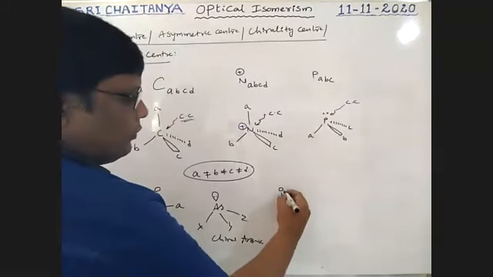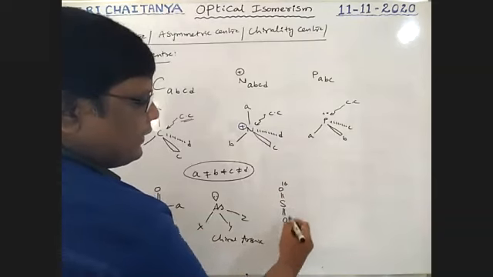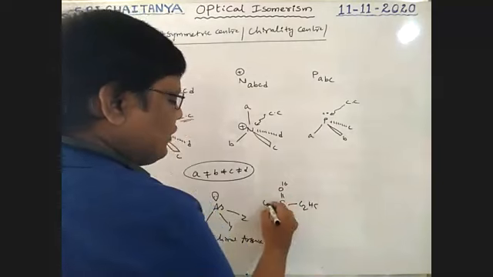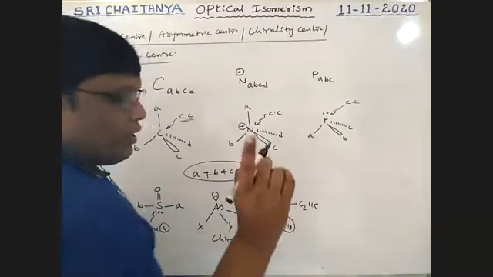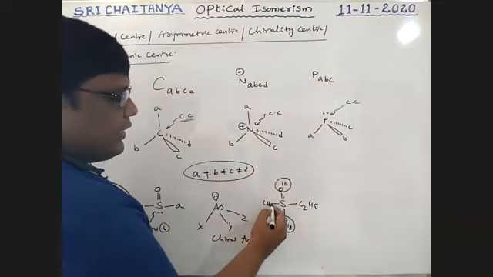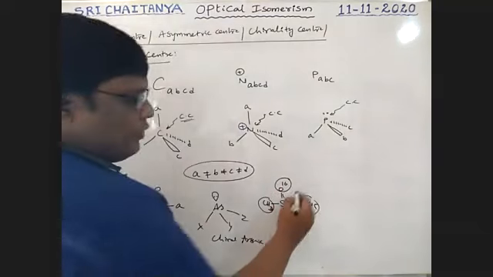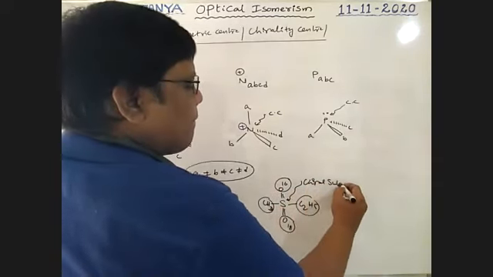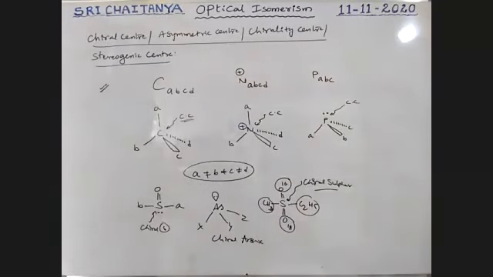Sulfur double bond O, boys, its mass number is 16. The other has mass number 18. Now it is bonded with C2H5 and with CH3. Boys, oxygen 18 and oxygen 16 are different groups. So CH3 and C2H5 are different groups. That means A is not equal to B. Therefore, this sulfur is chiral sulfur. This sulfur is also considered chiral sulfur.